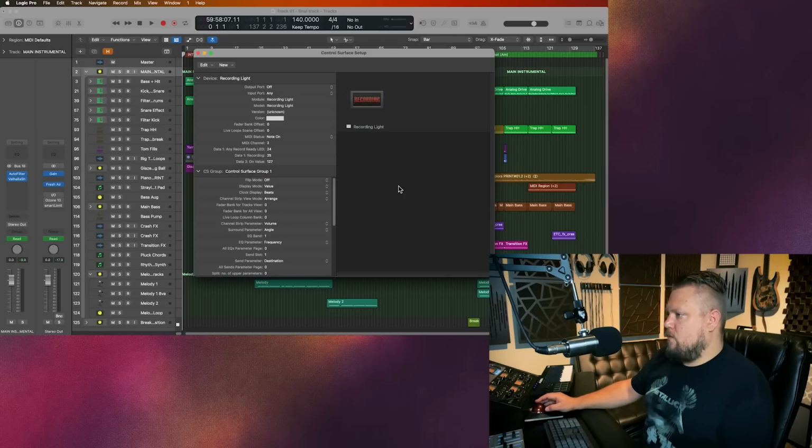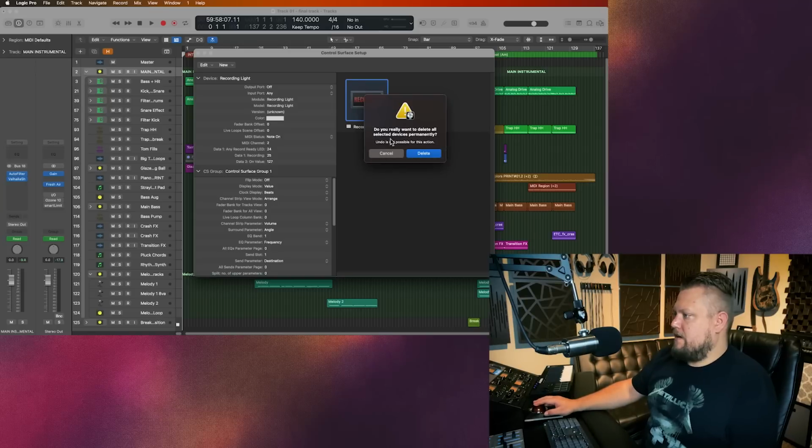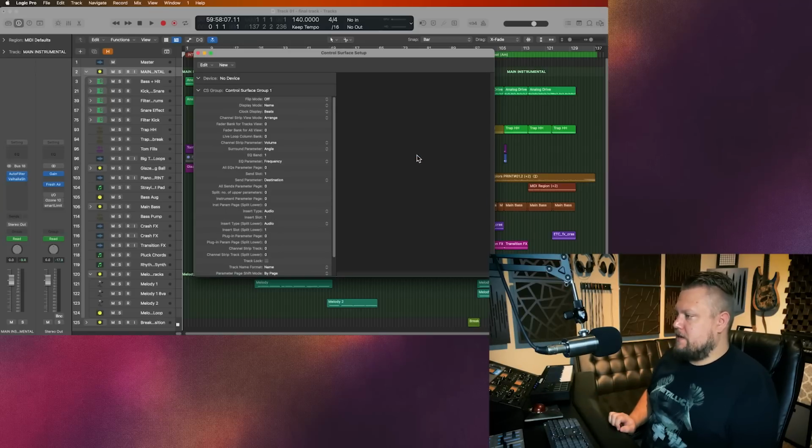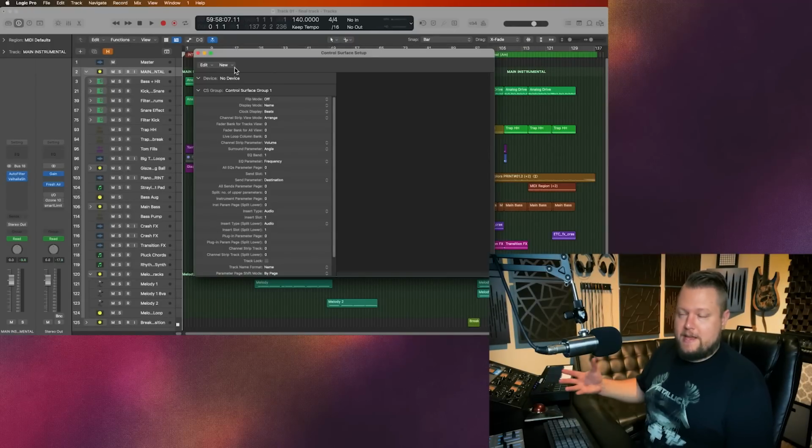I think all you really need to do is just delete the control surface here that you're not using, and that should fix it. I don't know why it would take over the F keys on your keyboard, but the F keys may have one function without a control surface hooked up and then another function with that particular control surface. So I would recommend just deleting any control surfaces you have here, especially if you don't actually have any of them